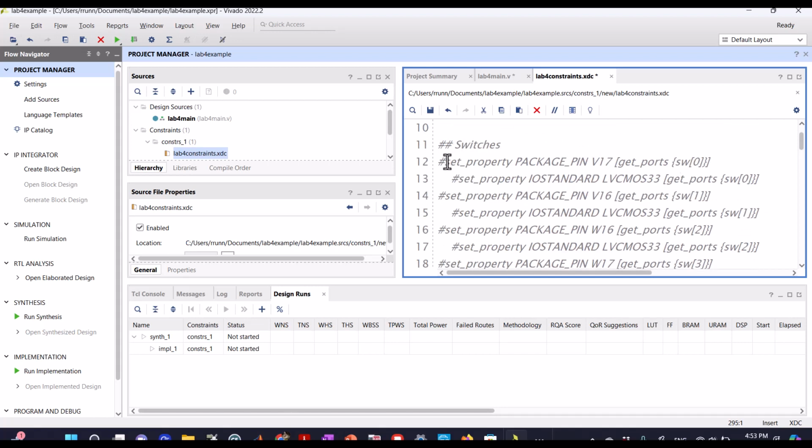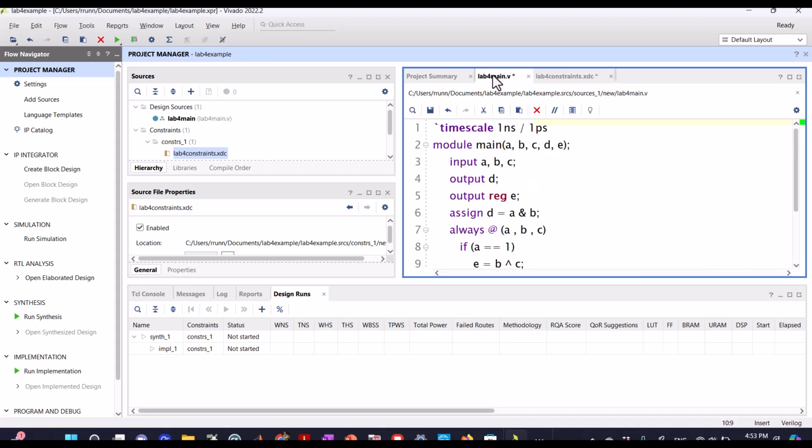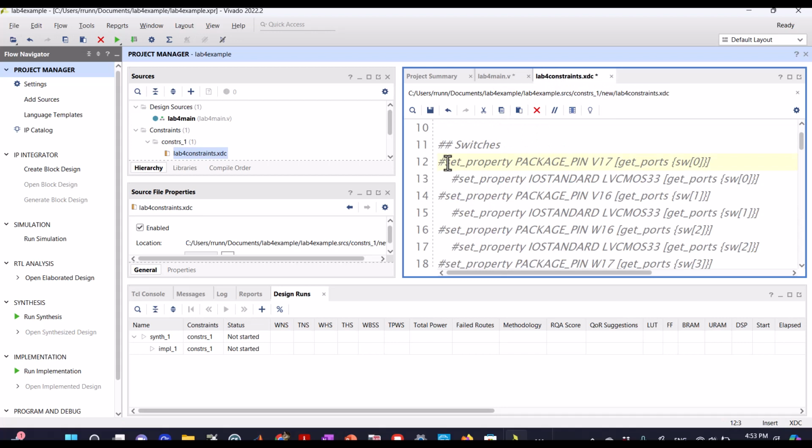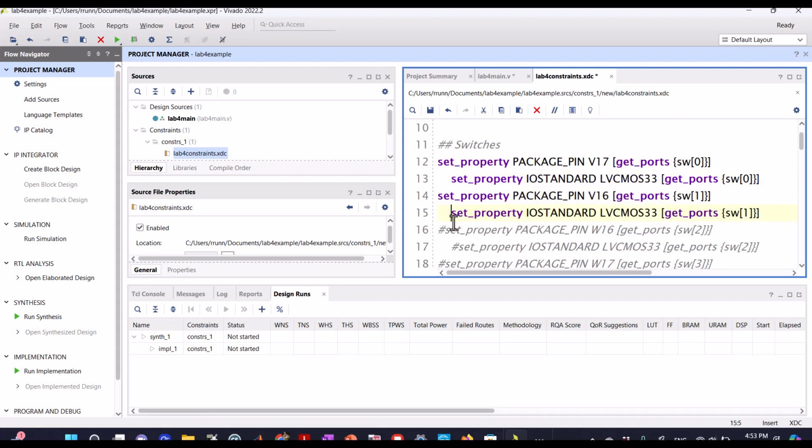On mine, the inputs are A, B, and C, so I will just uncomment the first 3 and rename those A,